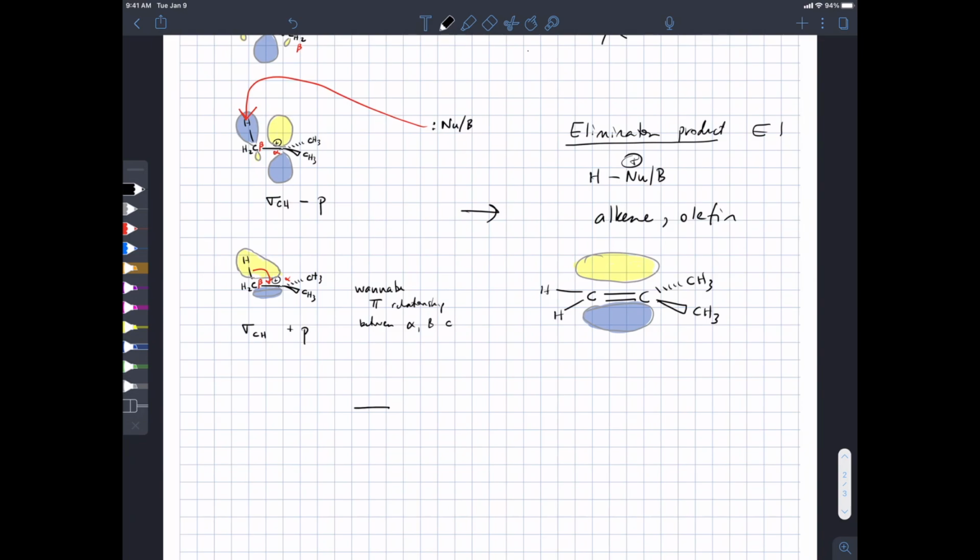We're also typically not going to draw out all the orbitals. You're going to need to see that in your head going on, even though it's not written on paper. What we would draw as the mechanism for the E1 reaction after we form the carbocationic intermediate is: remove the proton and make a pi bond. The proton gets removed because you dump electrons into the LUMO. The pi bond forms because the electrons in the plus combination orbital shift over and make the new bond.